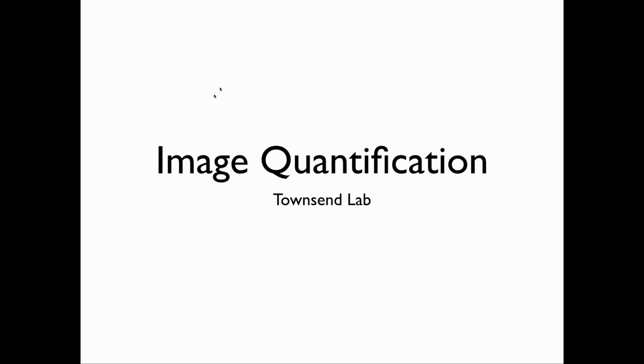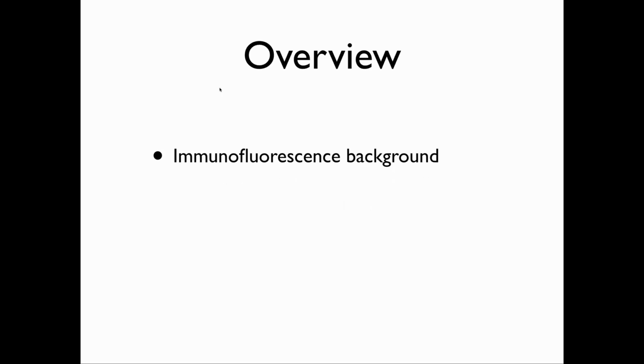Welcome. The purpose of this video is to standardize the methods we use to quantify images in our attempts to assess the level of muscle damage that has occurred within any given section. So briefly, what we'll talk about is a little background on immunofluorescence, which is the primary method we use to identify muscle damage. We'll spend some time talking about ImageJ, what it's good for, and then we'll do